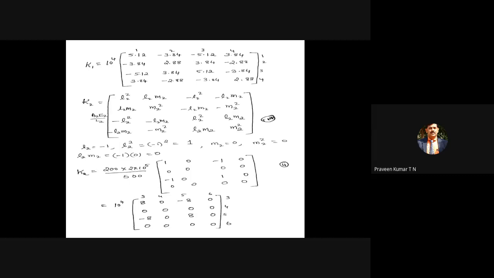That is, 5.12 is the contribution from element 1. The 8 is the contribution from element 2. Similarly, minus 3.84 is the contribution from element 1, and 0 is the contribution from element 2. That means 3, 4, 5, 6 is the DOF for the second element. Whatever the values here, you have to transform these values to the global stiffness matrix, to the corresponding boxes or corresponding degrees of freedom. Now this is the global stiffness matrix. Only one element has a difference: instead of 5.12 plus 0.8, finally we get 13.18. I have done the showing there only.